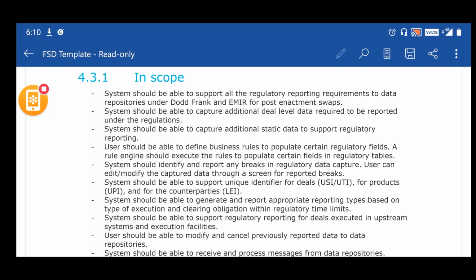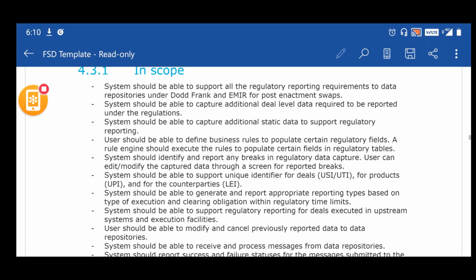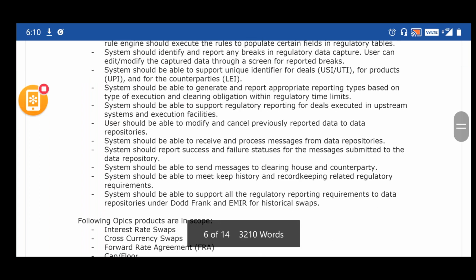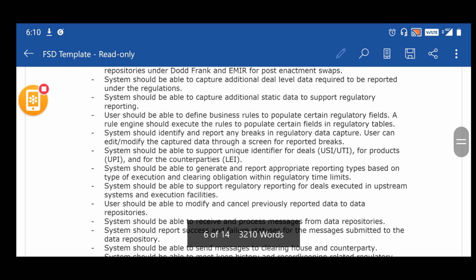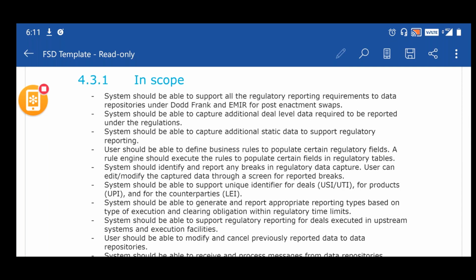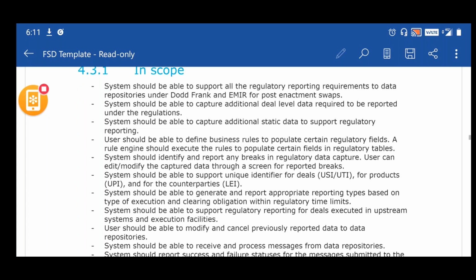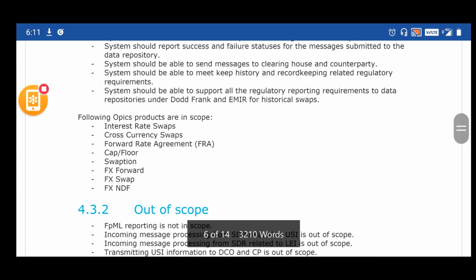Now, for these in-scope items, there were just 12 requirements under the BRD, and we are enhancing only two requirements here. So when you drill down here, you have these many sets of requirements. For every requirement, you have a unique requirement ID, a unique referencing number, and then you have the out-of-scope items as well.